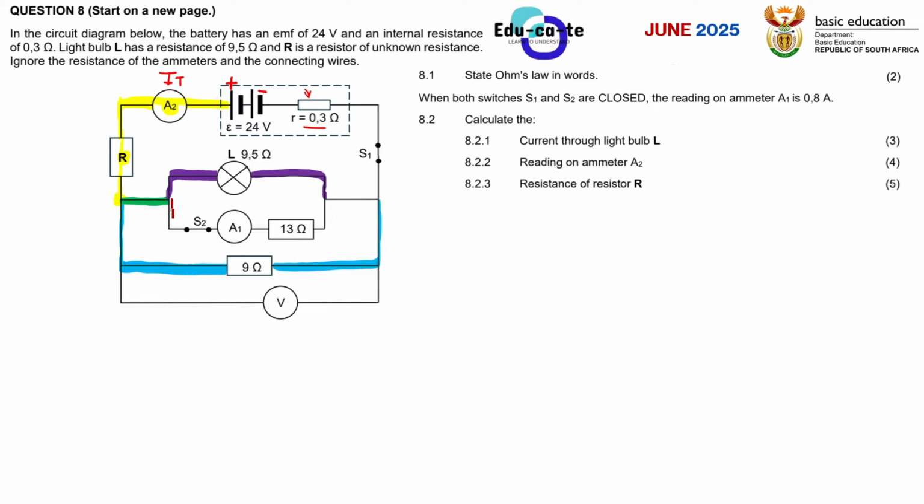So some of it will split here, and it will go to the switch S2 through the emitter A1, and it will go to the resistor 13 ohms, and then it will come back here and it will recombine with the purple current. So what you need to know here, as this purple current and this maroon current recombine again, they are going to form the green current, because this green current is split into this purple and this maroon current.